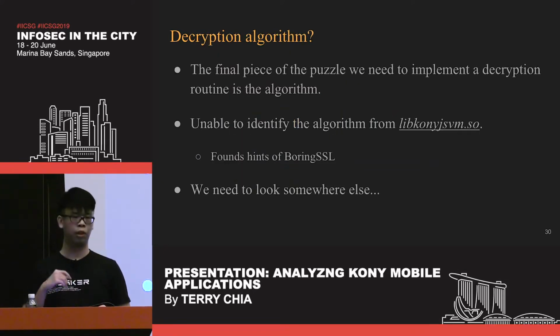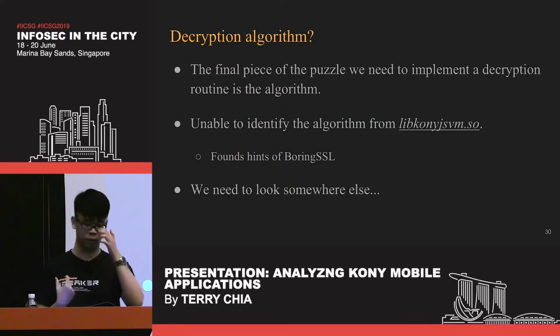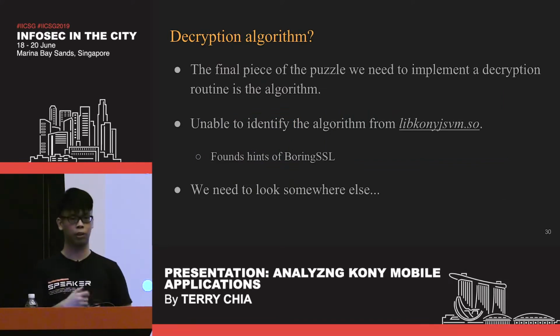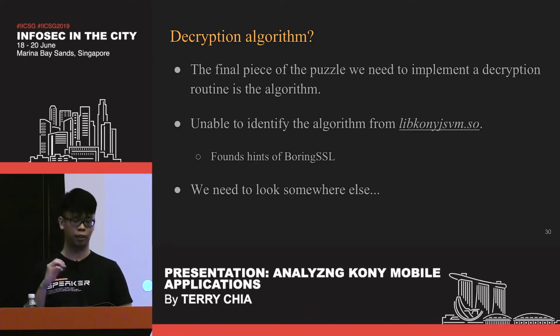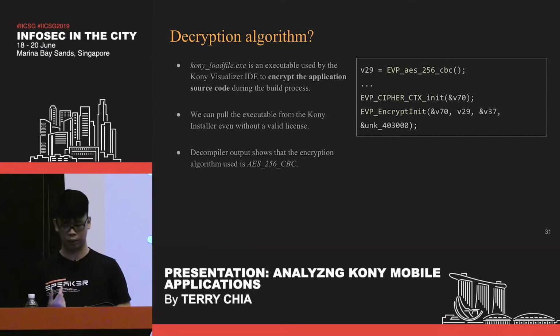Now that we know how the decryption key is derived, the final piece of the puzzle we need to decrypt the source code is the actual algorithm that's used for encryption and decryption. I was unable to identify the specific algorithm from the shared library, but I found hints that BoringSSL was statically compiled into the shared library. So it turns out that we need to look somewhere else, and that somewhere else is actually a